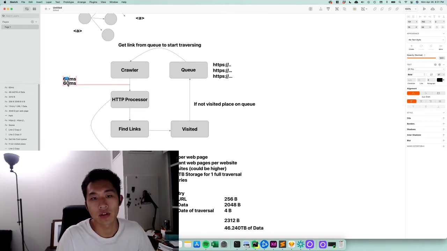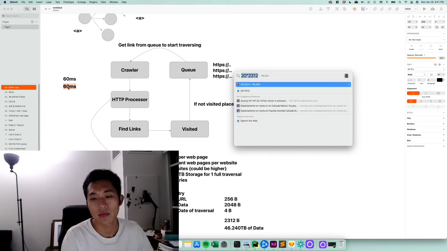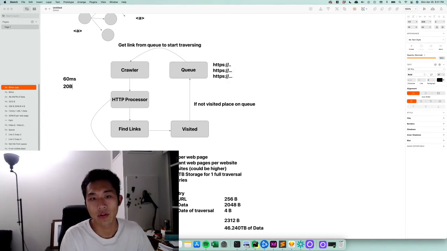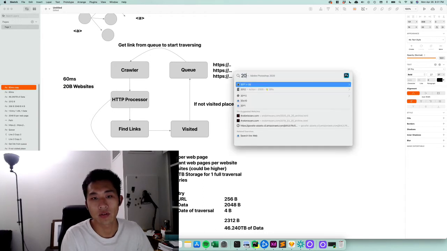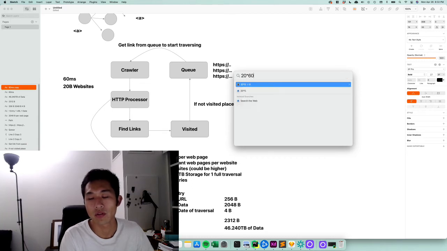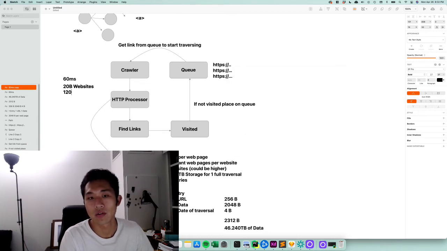So if we're going to be traversing 20 billion websites, that comes out to 1,200 billion milliseconds, which, if we do the unit conversions,